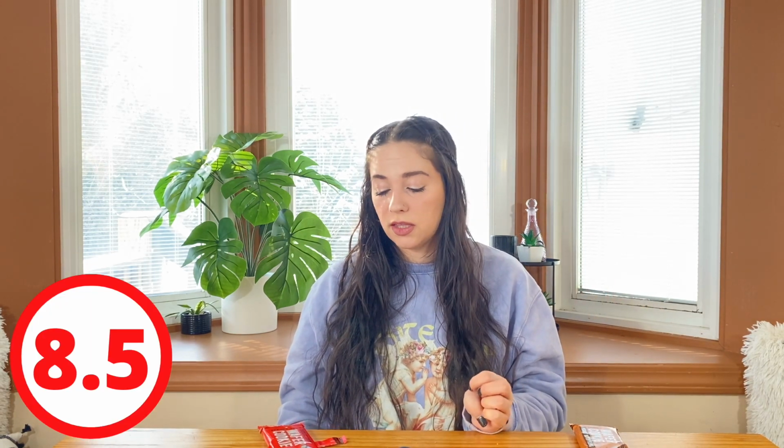and it's not like it's not super good. I'm definitely going to thoroughly enjoy finishing this. I mean, both of them, let's be real. I do just wish it was a little more peanut butter-y. With where it stands, I'm going to give it an 8.5, though. It's really good. I'm probably going to put them in the freezer because I feel like the coldness will add a nice crunch and an extra layer to it. But yeah. Okay, next up we're going to try something that's a little